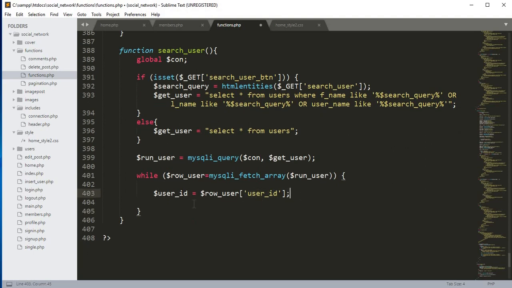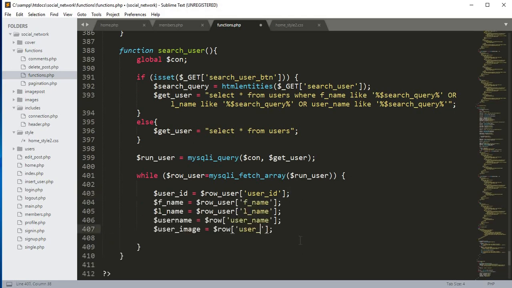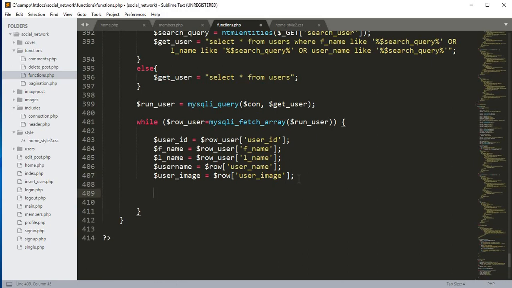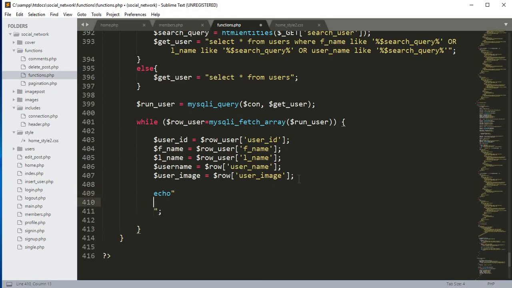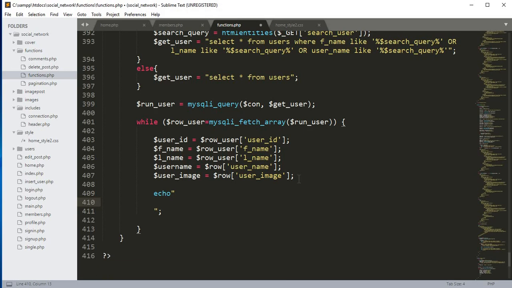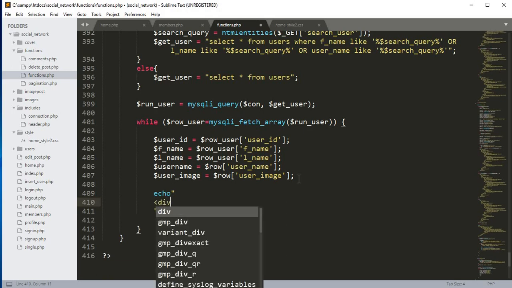And after the user id we will get the first name, then the last name, then the username, and then the user image. Okay, so we get all of this data, and now inside this while loop we will echo out all of that user. So over here we will type echo and give out some space. Okay, so over here we will create a div,